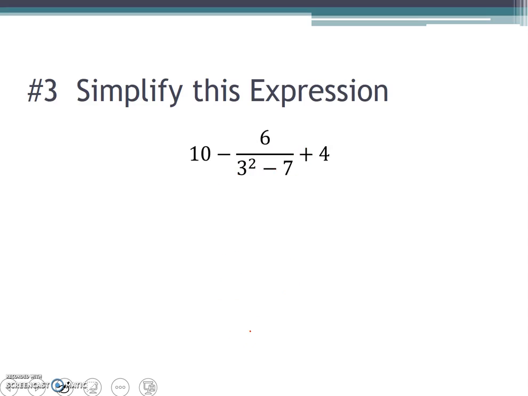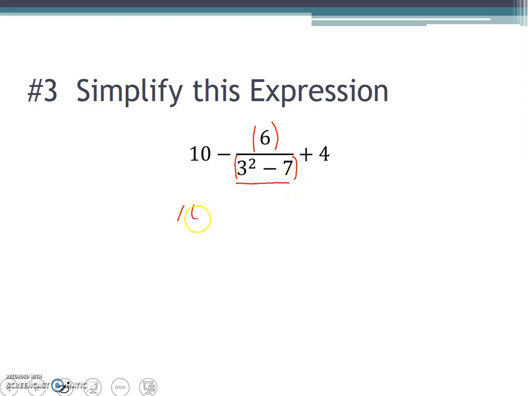Take a look at this next one, number 3. And again, all of these examples should be in your notes. So here is a situation where there are some understood parentheses. We really don't have to worry about the top because there's only one number on the top. But take a look down here. We have some understood parentheses in the denominator of this fraction, which means we have to do everything down here